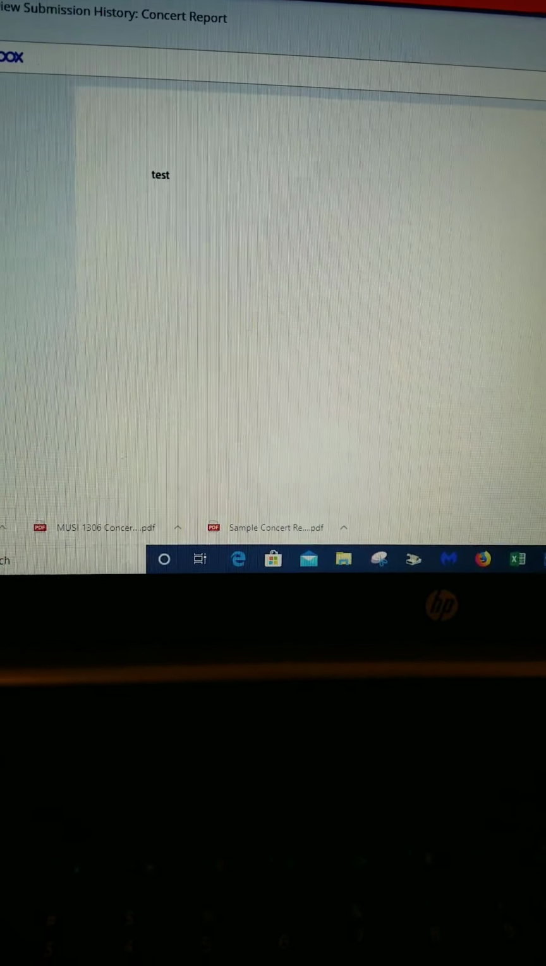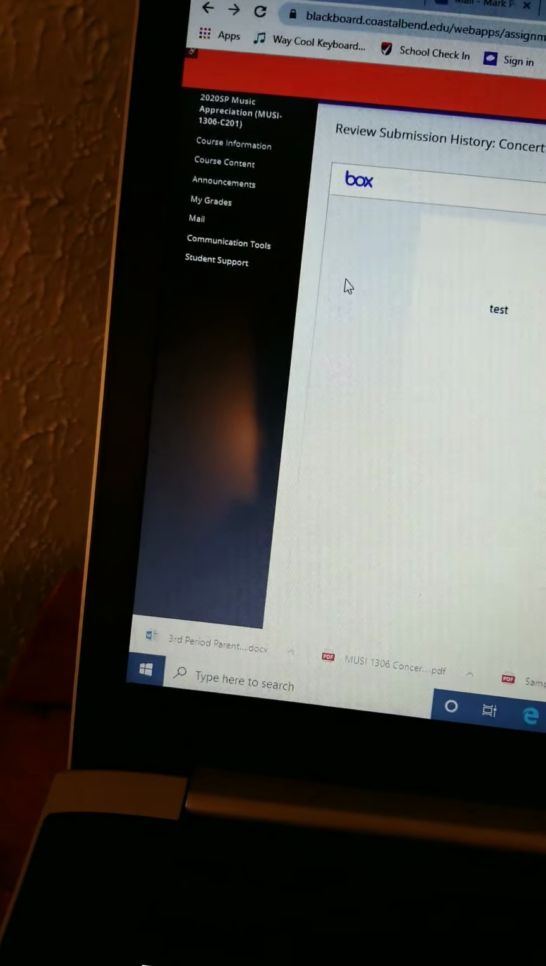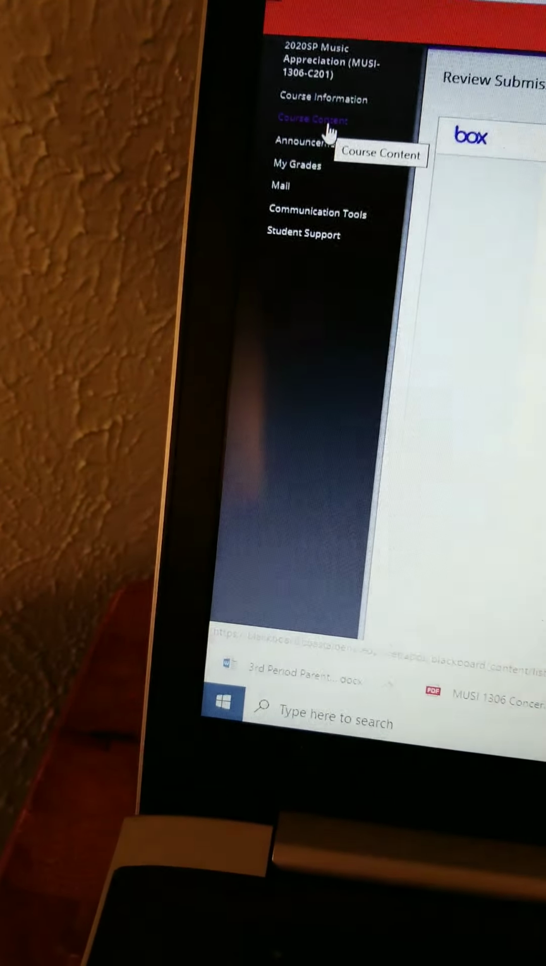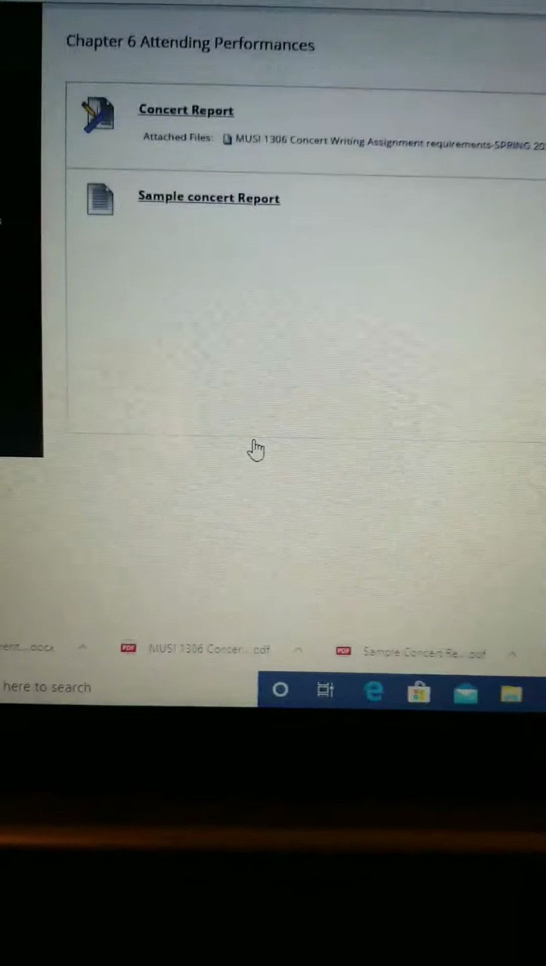Now, of course, mine only has one word because that's all I typed, so I know you're going to do more than one word. But you'll see over here it says SafeAssign. It says Report in Progress. What that means is it's checking your paper for plagiarism. So to speed up the process, you can go over here to Course Content, go back to Attending Performances, go back to Concert Report,